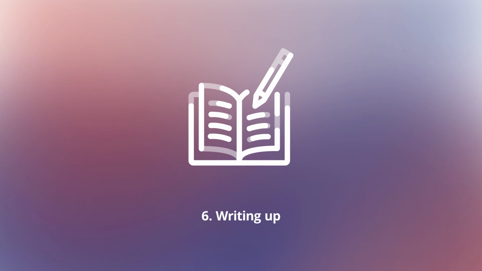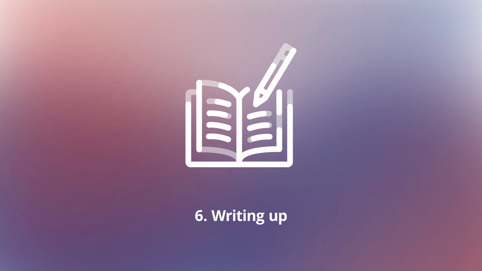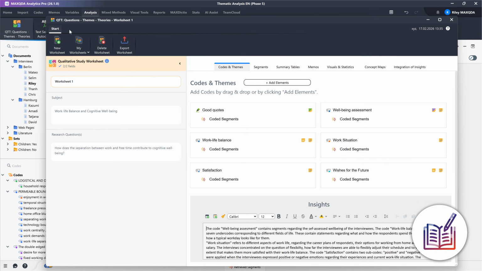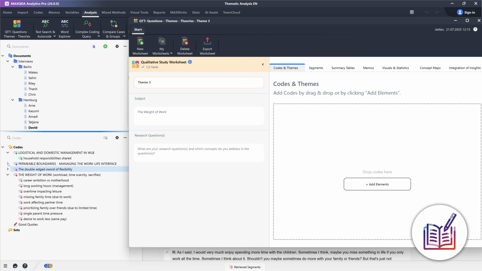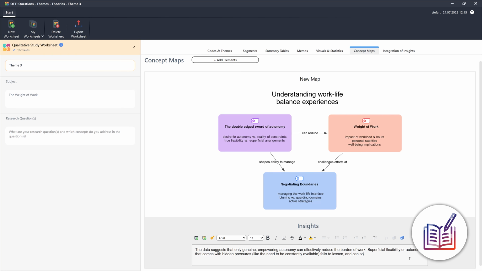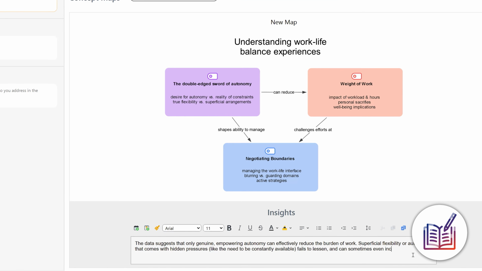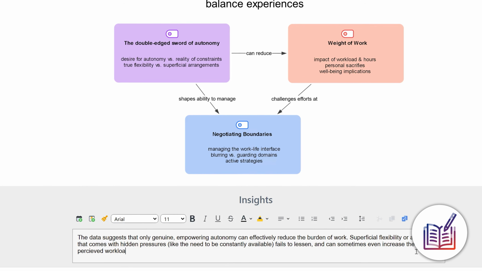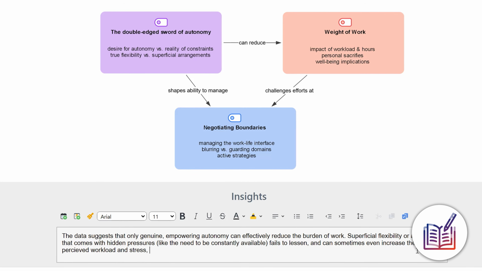Phase 6 of Thematic Analysis, Writing Up. MaxQDA's QTT workspace serves as your bridge between analysis and your research report. In QTT, you can bring together all essential elements of your analysis: research questions, finalized themes, key memos, representative quotes, theoretical insights, and visual representations from MaxMaps. For every element we add to QTT, we can add our analytical insights, which automatically flow into an Integration of